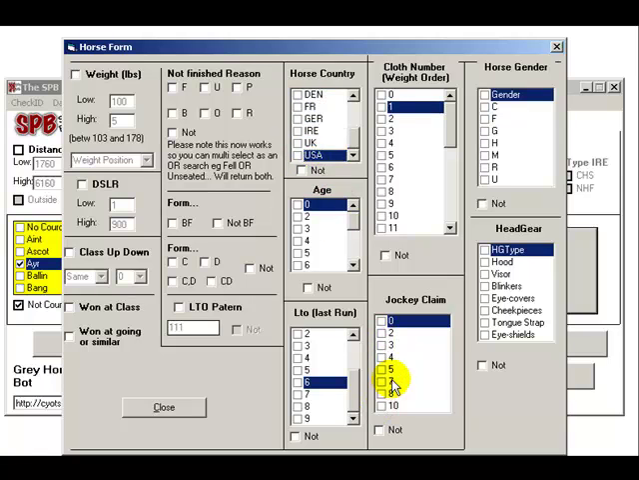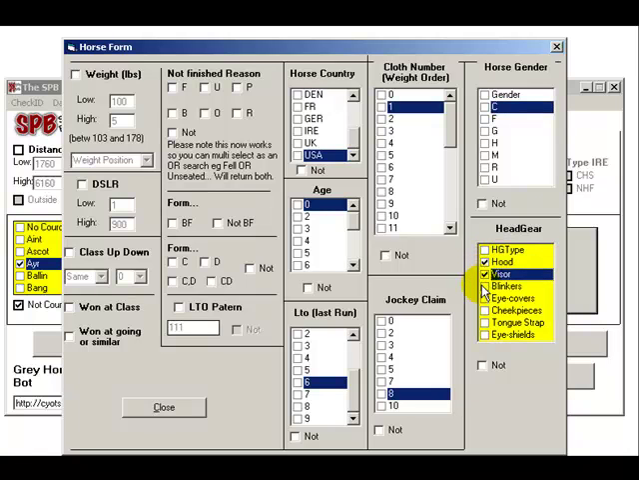Jockey claimers, if there's any jockey claimers, you can choose those. The gender of the horse, so gelding, and these are all multiple selects as well. So I could select only gelding and colt runners. I could select only runners running with a hood or a visor or blinkers, or not running with a hood, visor or blinker. So there's a lot of criteria that you can actually put into this to get your daily